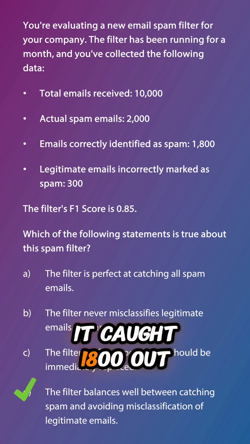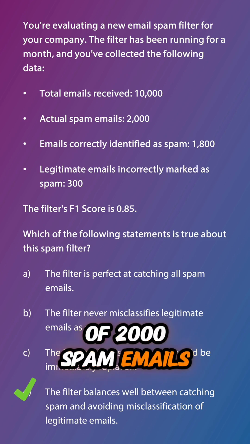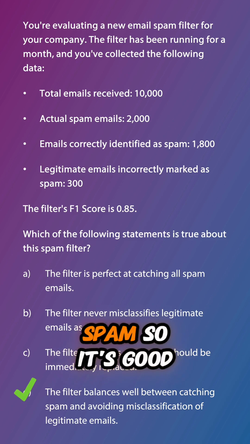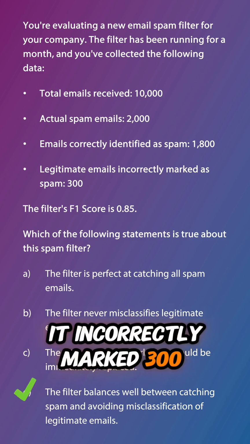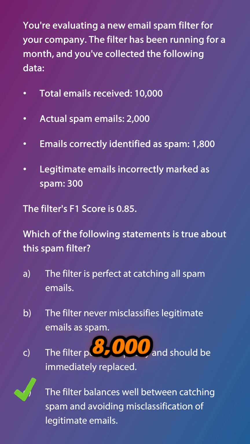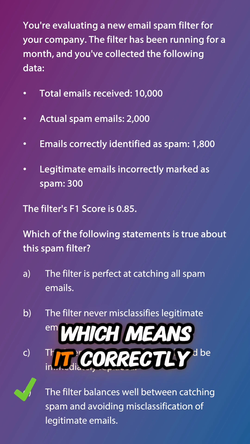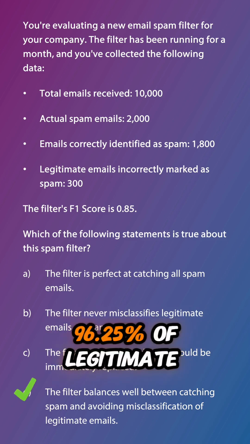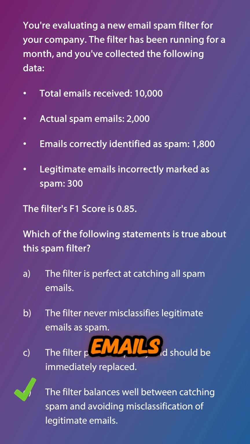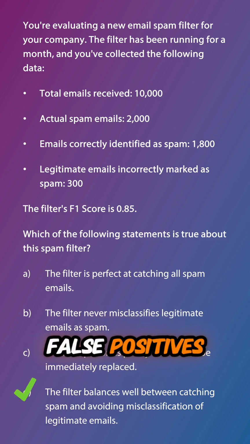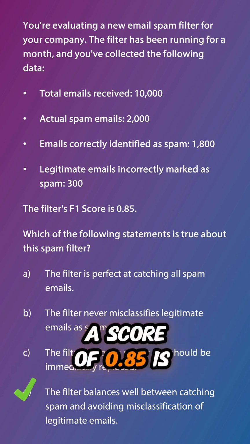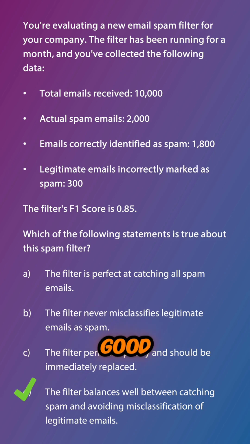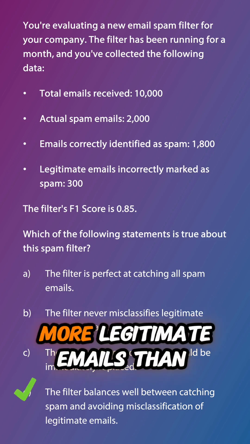It caught 1,800 out of 2,000 spam emails, which is 90% of all spam, so it's good at catching spam. It incorrectly marked 300 legitimate emails as spam out of 8,000 legitimate emails, which means it correctly identified 96.25% of legitimate emails. So it's good at avoiding false positives. And the F1 score balances these two aspects. A score of 0.85 is generally considered good, especially in a real-world scenario with an imbalanced data set, more legitimate